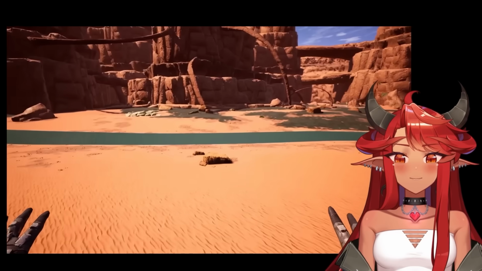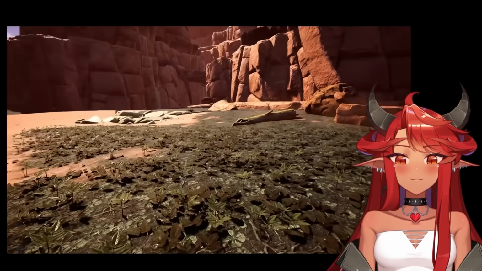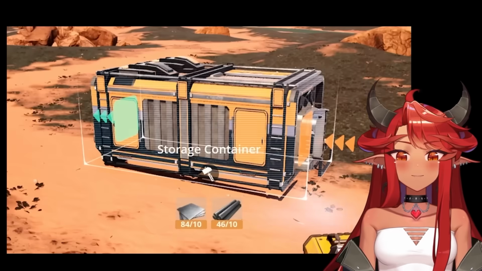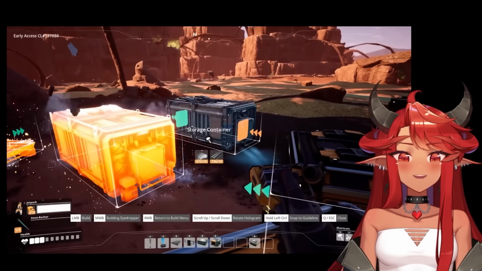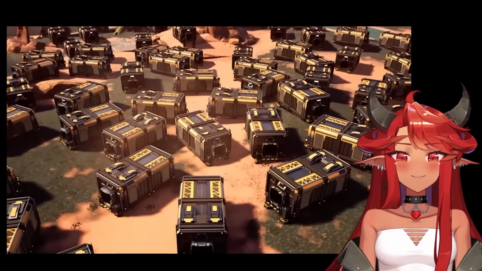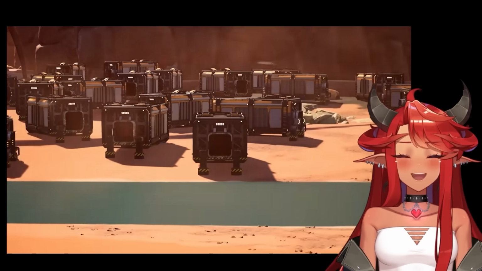Come on, Mother Nature. I have use of your bountiful land. So we're going to take advantage of this fertile ground for the best possible use. And that's storage containers. Like a lot of containers. Just all over. Get rid of all of the green. This should be enough storage containers, right? Blessed be to you, Mother Nature, for letting me...